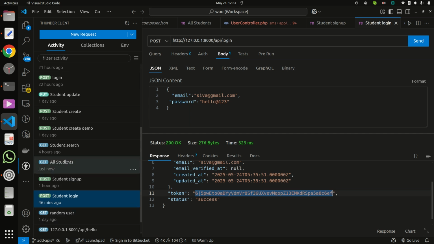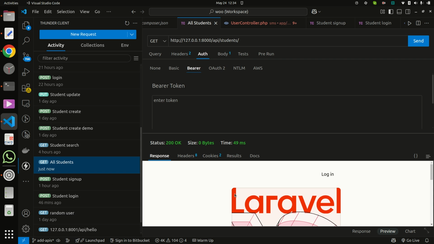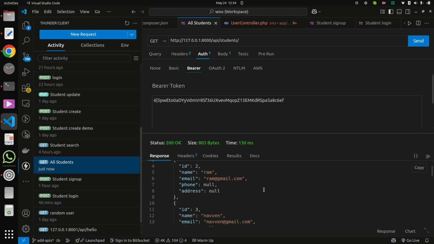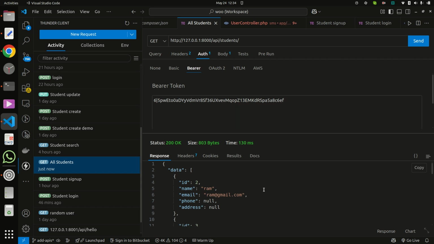Now if I want to get all student data, I pass the bearer token here. Now you can get all the data of students.